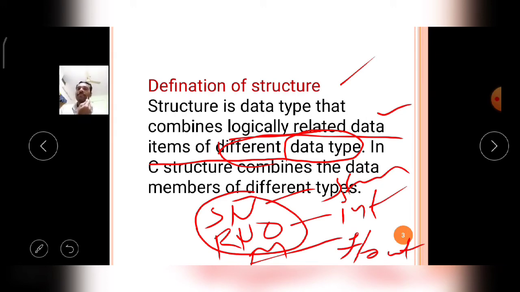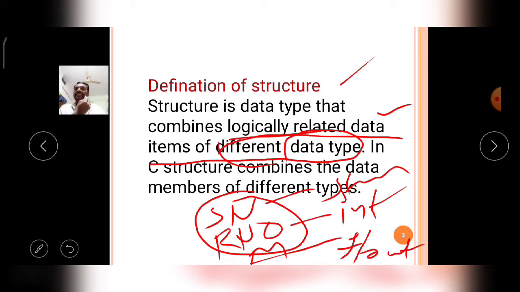Maybe different data types, maybe same data types also possible. Student name is a string, roll number is an integer, percentage marks is a float. Like that, the combination is the information of the student.